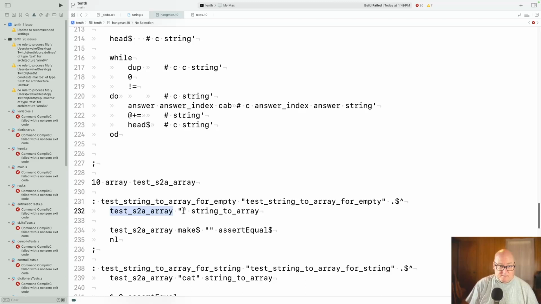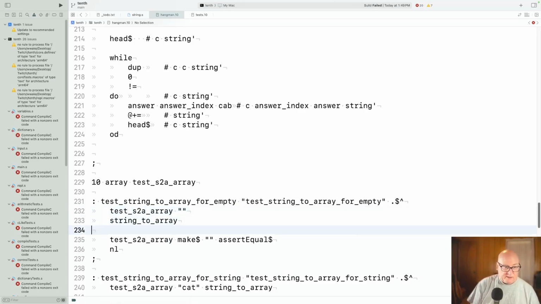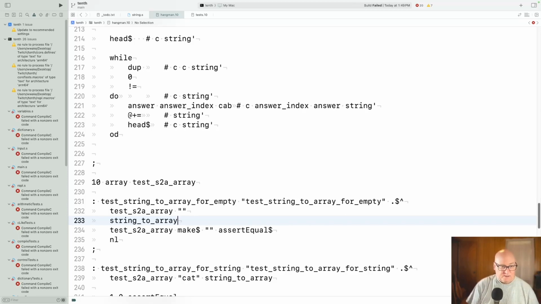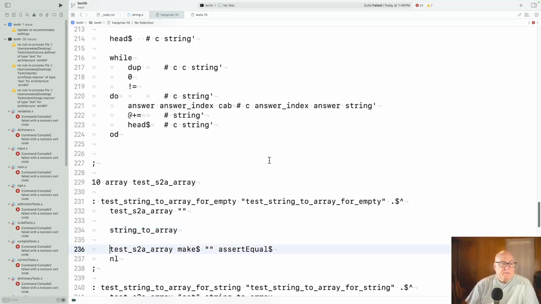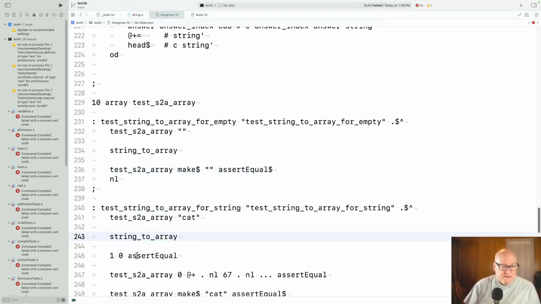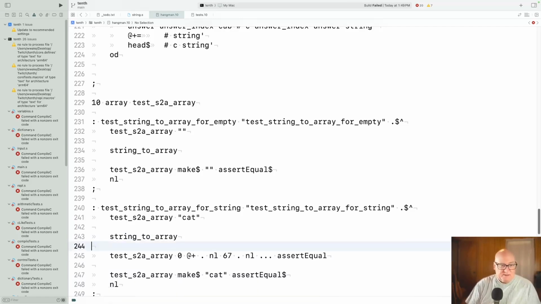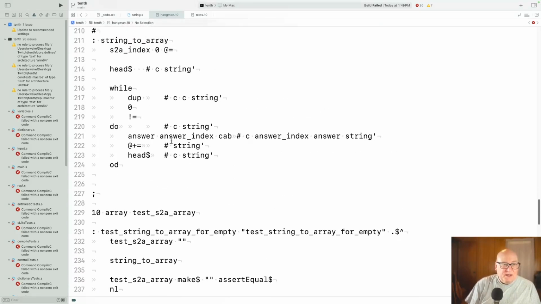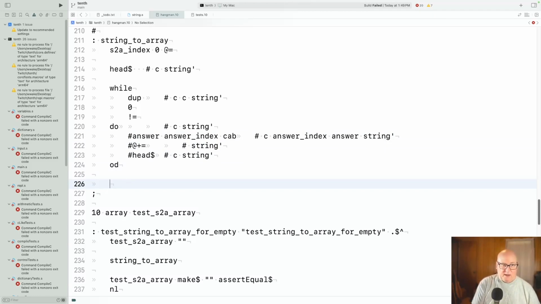String array should be equal to empty string at the end after string to array. And I don't know if an arrange-act-assert setup kind of thing is too visually, I don't know. That's kind of the deal. Okay, 1 0 assert equal. Okay, I think that was detecting that thing didn't work. Right, so at the end, I'm just going to comment these because we don't want to handle anything for a non-empty string, but I want to do a write to